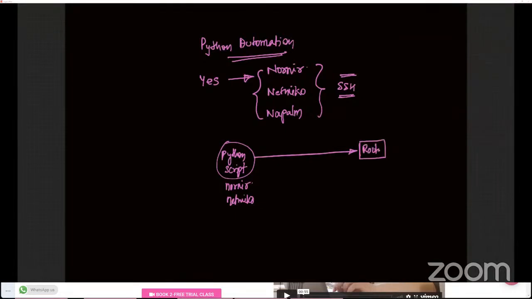So you basically need SSH reachability. And to have that SSH reachability, you are relying on one of the network modules like Nornir, Netmiko, NAPALM. So my question is,